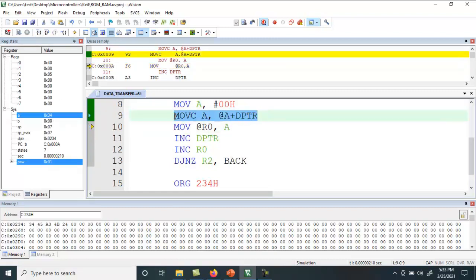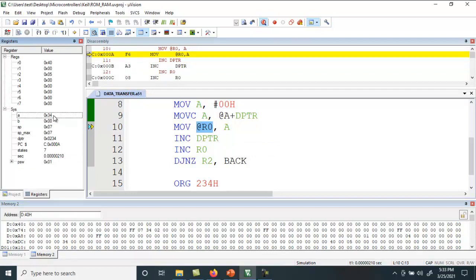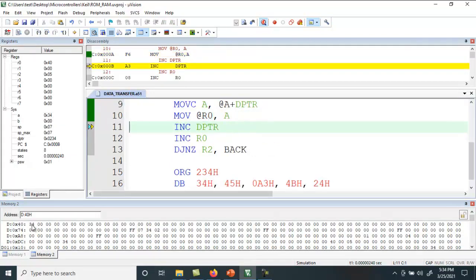Once this instruction is executed, the next instruction will copy the data from the accumulator to the destination address pointed by R0. My R0 has the value 40. So at the address location 40H, the accumulator value 34 is copied. If I execute next, we can observe this 34 copied from the accumulator.